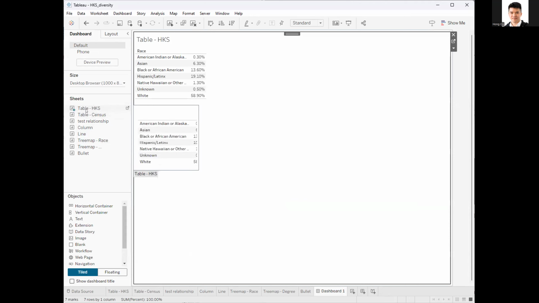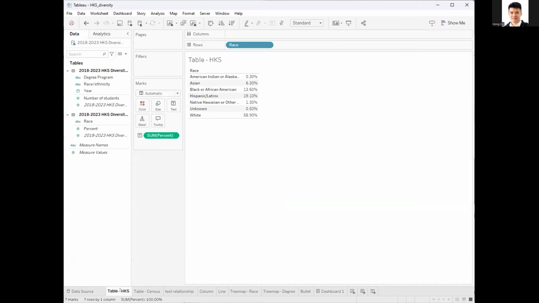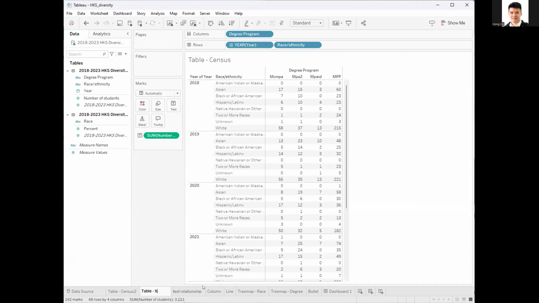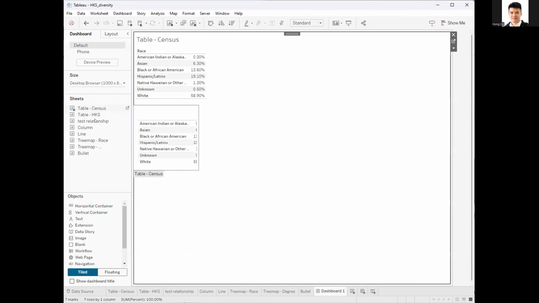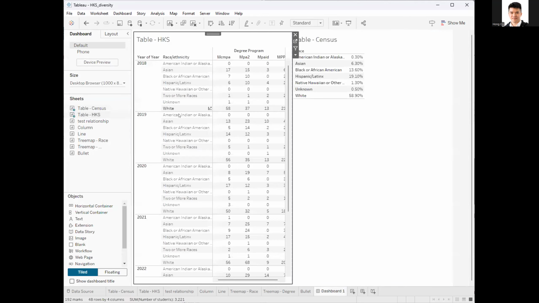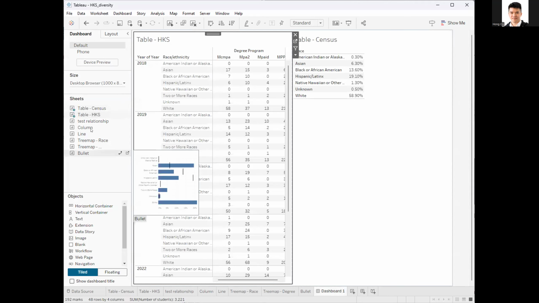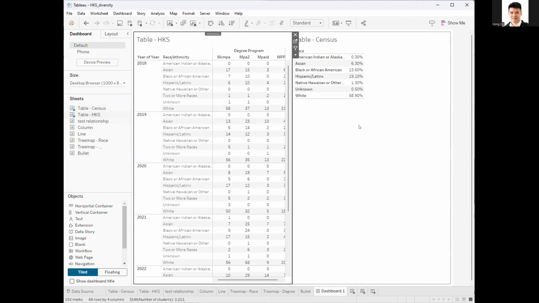This is actually the census. I mislabeled it, so I'm gonna rename this to be census. So if you change it, it already exists, but it's okay. And then this is just to correct my mistake from earlier. So you have the census here, it's okay. In the dashboard, you go to dashboard 1. You drag the HKS one maybe here, and then there's one more here that I did not